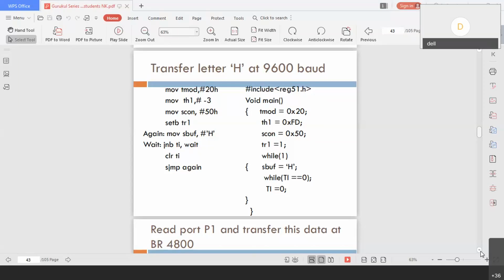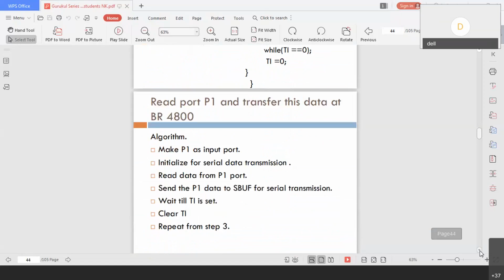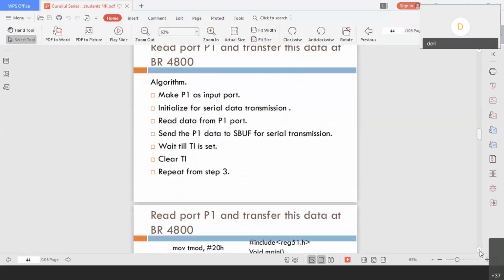This you can check in your Keil software also. Just check in the port and in SBUF what you can put and how it moves. So through all those things you can check. So a similar program is there in C. One thing: C is case sensitive. You should be very careful and handle C. LP is okay, no problem.